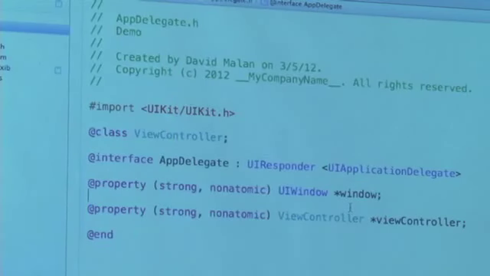All right, so next up is @interface AppDelegate. So UIResponder is an Apple-made class whose purpose in life is to respond to things. And for now, let's oversimplify this by saying the app delegate, because it's in charge of the whole program, surely it's got to be